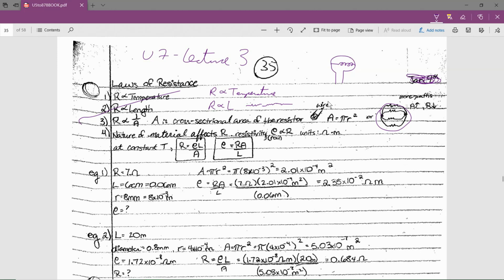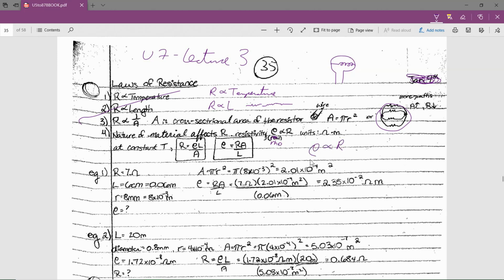Okay, the fourth law is that the nature of the material affects the resistance. As we said before, different materials like insulators offer greater resistance than conductors. And the way to, rho is spelled R-H-O, not R-O-W, resistivity is a way to designate the material's properties in terms of resistance. So it's given by the Greek letter rho, R-H-O,